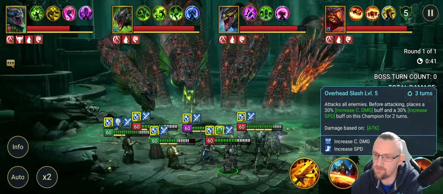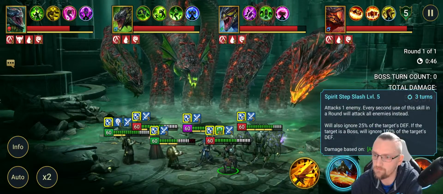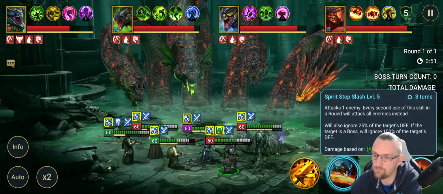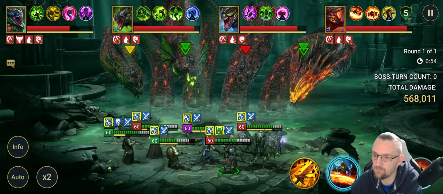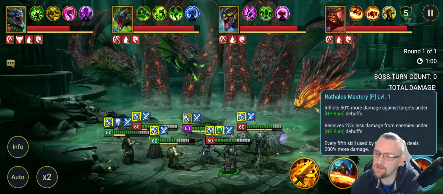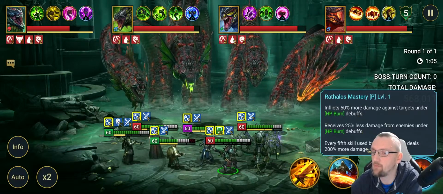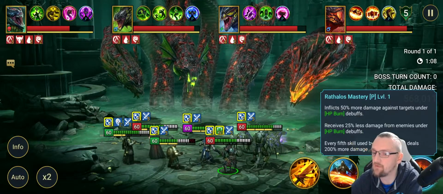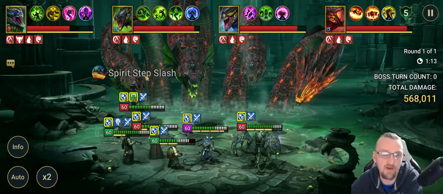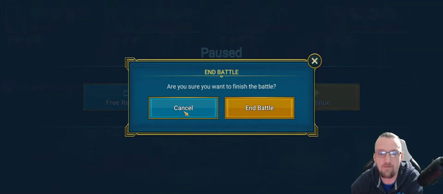Now, so here comes Rathalos. We're going to try Rathalos's A3 first. So we're inflicting 50% more damage against targets under HP burn. And we're receiving less damage. Every 5th skill used by the champion deals extra damage. So it's the 5th time that we actually use anything is when it really ramps up. But still at 200k, so it's already still. If we were to just end that now